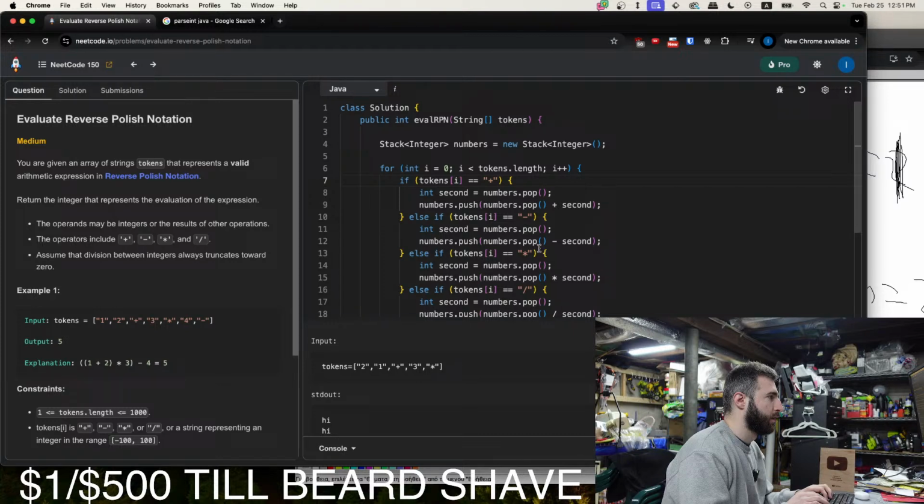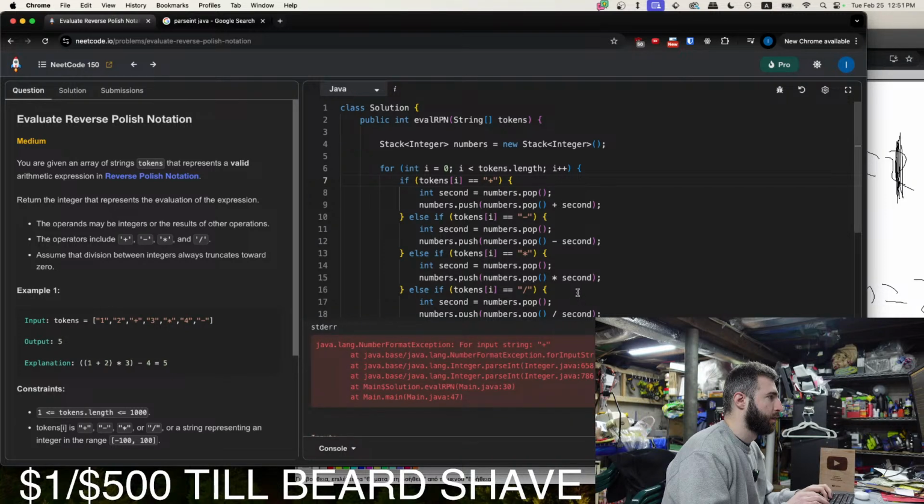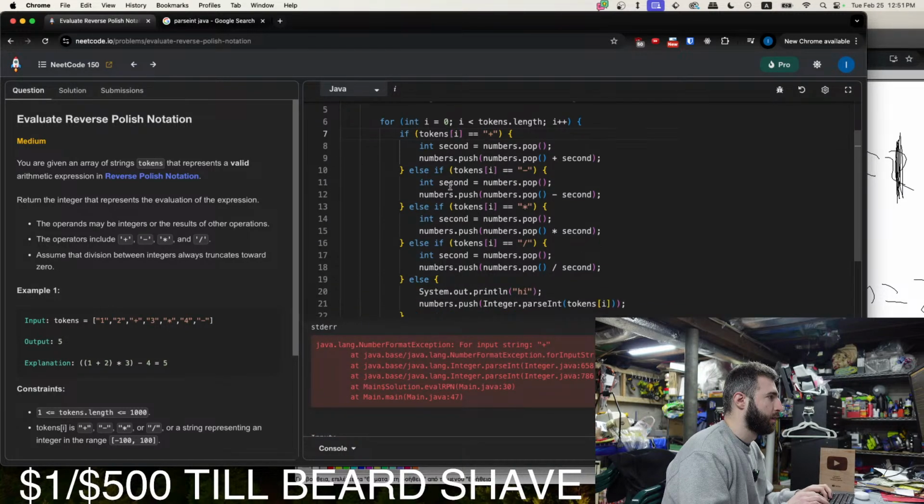What? Let me just copy it from here. For input string. Why is it trying to parse it as an integer?